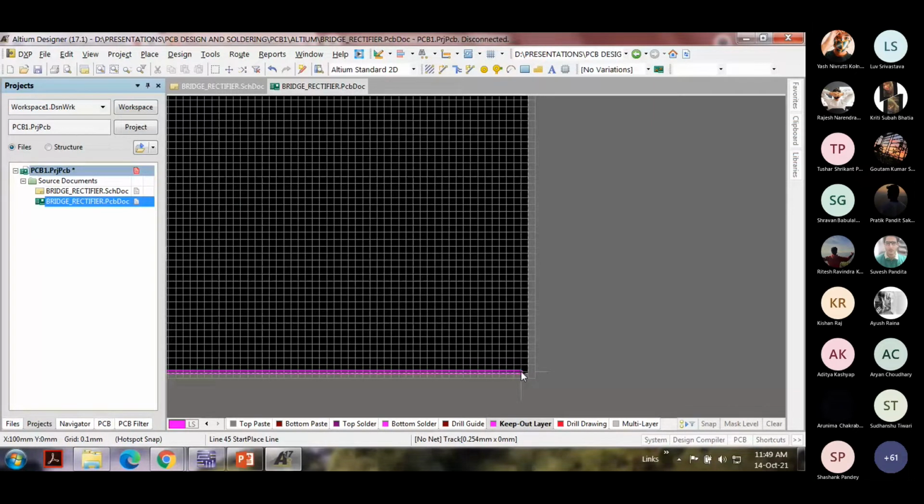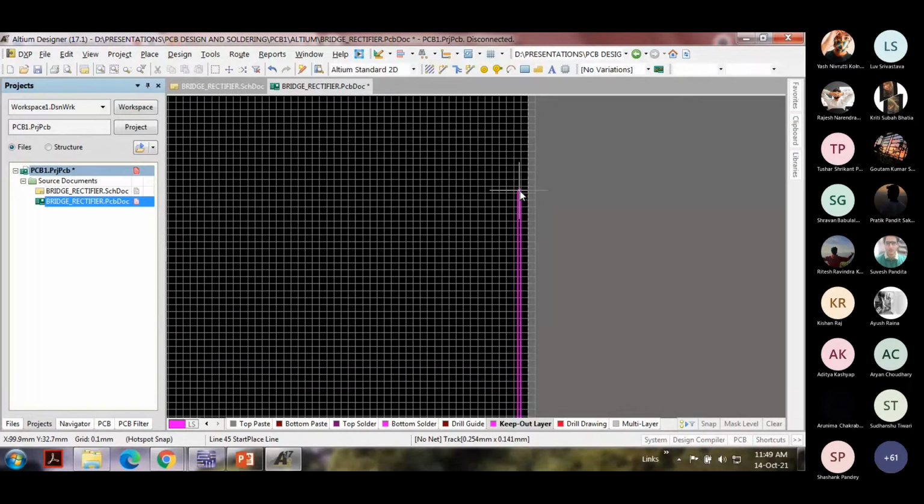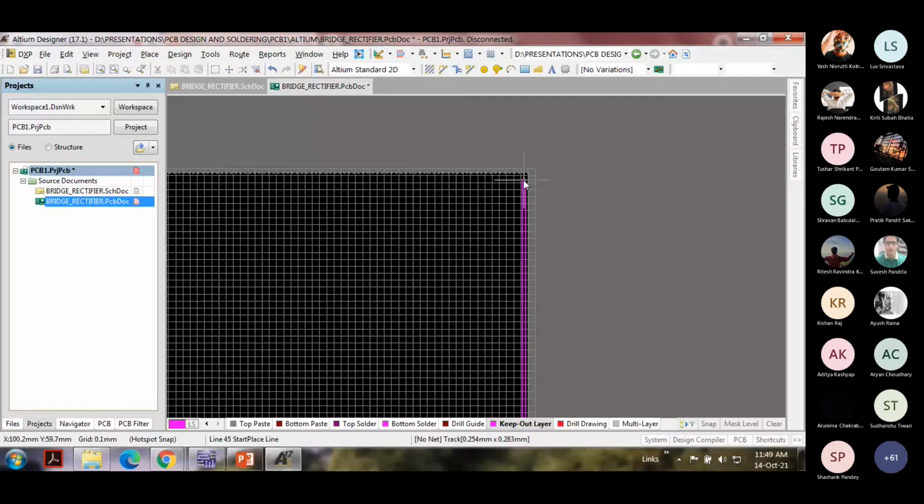Once I place it over here at 100, using the cursor, you can press enter 4 times. In the vertical direction, I'm going to make it 60 mm. Make sure that x is 100, y is 60. Press enter 4 times.